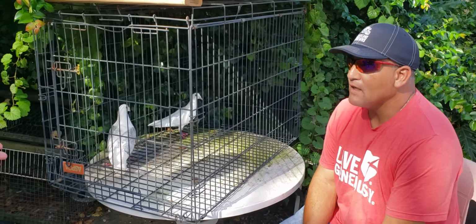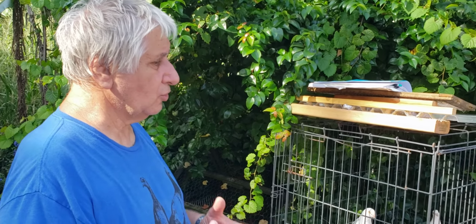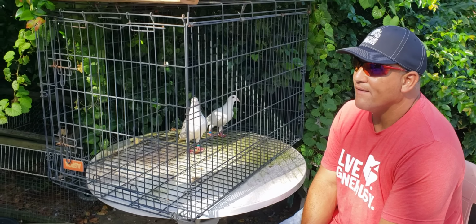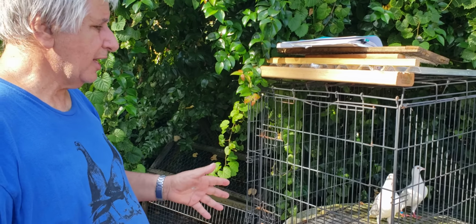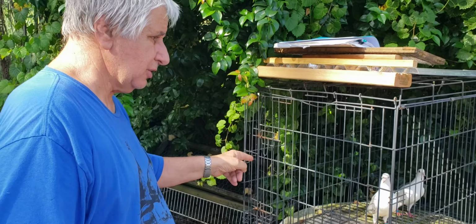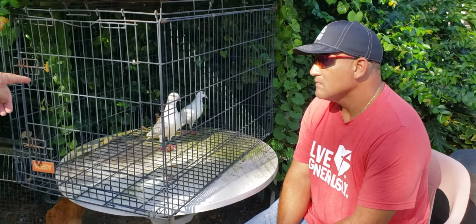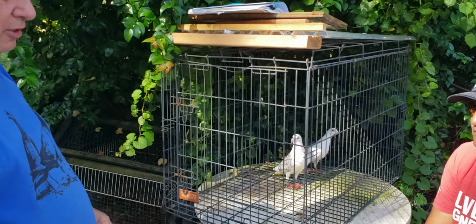Although the dominant color out there is blue bar and blue checker, you can still use the blue bars. You can take your brother's excellent blue bars. If you want to get a good hen from him, you go to him, and then you raise children. The ones that look like that, you put aside. The other ones you fly. When you get another one that has a pattern, a chocolate from a different person, you bring it in. When you get the third one out of that, go back to this one. Now you have enough, and they're starting to look like that. That's the time he can be eliminated,